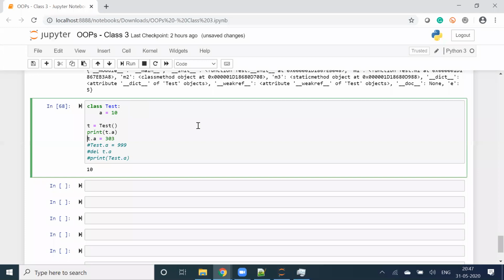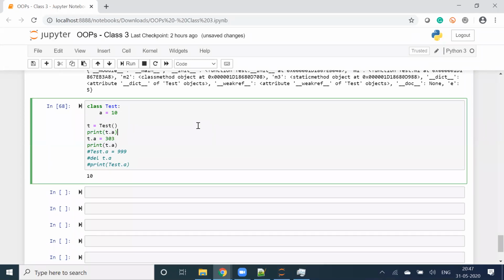Now T.A is equal to 303. After that, if I print T.A, what will be the output? 303, because a new instance variable will be created and priority will be given to that. 303. Perfect. Now test.a equal to 999.